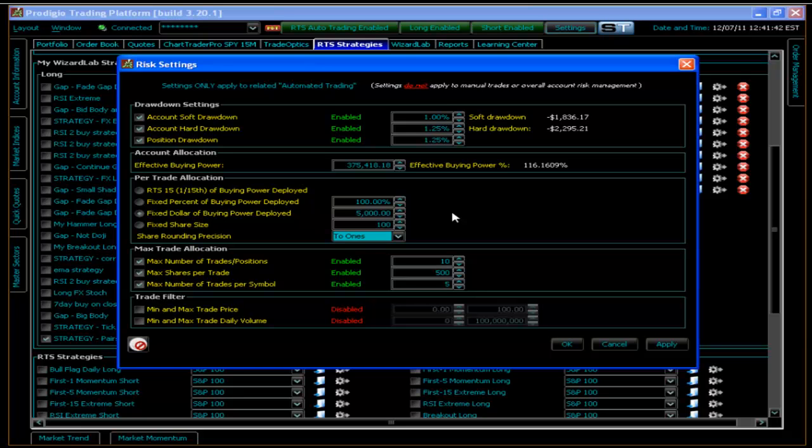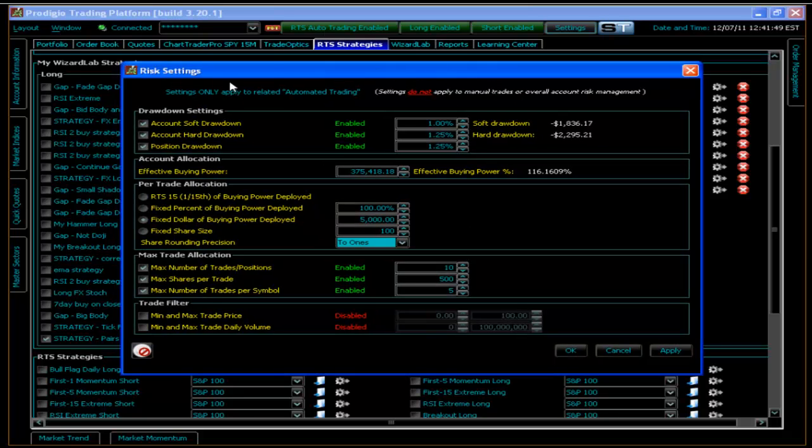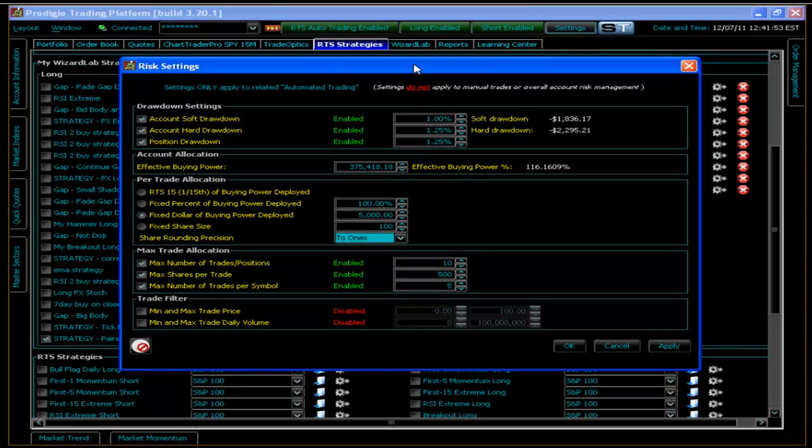Okay? Now, one thing that you have to keep in mind, all right, is Prodigio has a lot of safety measures built into it, which are really awesome, which essentially allow you to robotic trade. And let's say something goes completely out of whack, you have one stock just gapping out of control, and there's nothing you can do about it. You don't want the automated system to just let it keep running and turn into a big loss. So what Prodigio has done is built in a number of fail safes here, such as account drawdown, position drawdown,